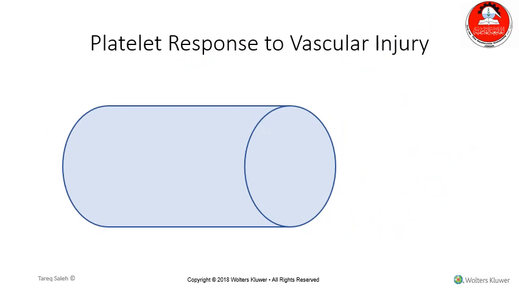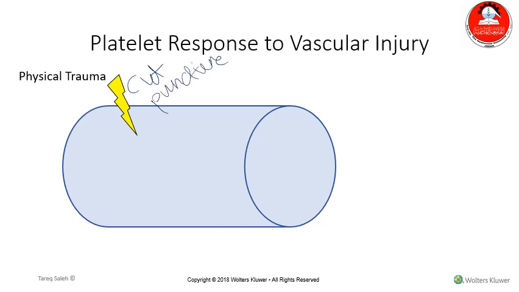Okay, in order to understand the physiological role of thrombi, we need to revisit how the body deals with physical injuries to blood vessels. So when a blood vessel is subjected to a physical trauma, and that can be either a cut or a puncture or any type of other physical trauma that will result in the damage of the blood vessel wall and bleeding or extravasation of blood components,